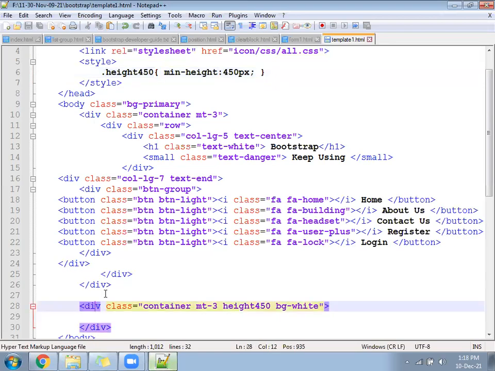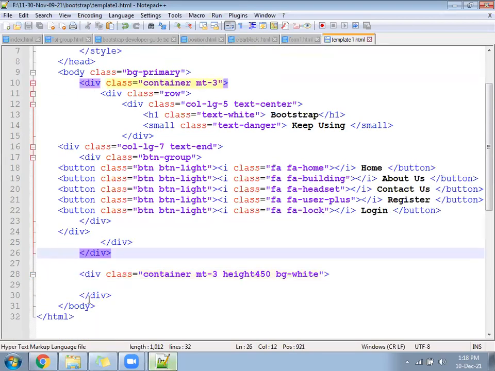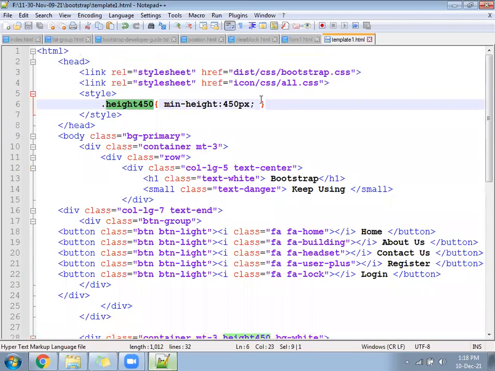See, this is the container. The next container comes after the end of this container. It's not like you create one more container inside a container. This container opens and closes, and again one more container opens and closes. Empty 3, margin top 16 pixel, and height 450 with bg white. So minimum height will be 450 pixel and the background will be white. In case you have more content, the 450 will increase according to need.